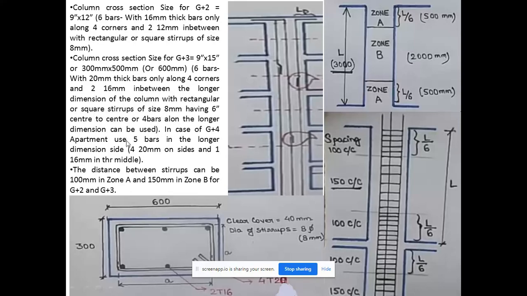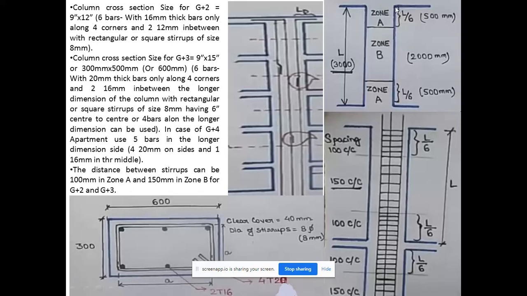In case of G+4 apartments, use 5 bars in the longer dimension side, or let's say 4 bars of 20 mm thick on sides and 116 mm in the middle. And the distance between the stirrups can be 100 mm in zone A and 150 mm in zone B for G+2 and G+3. Now as you refer to the diagram over here, the length from the topmost or the location